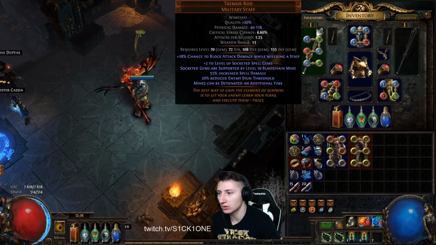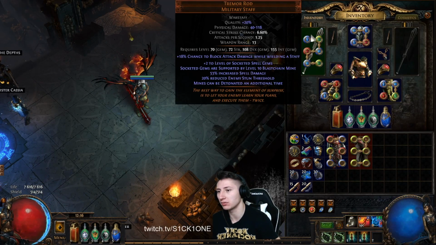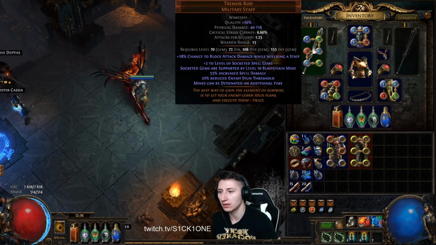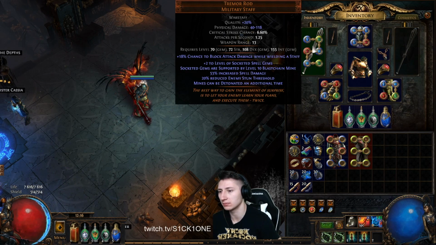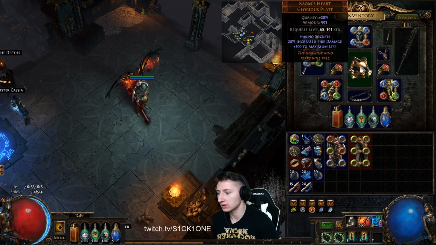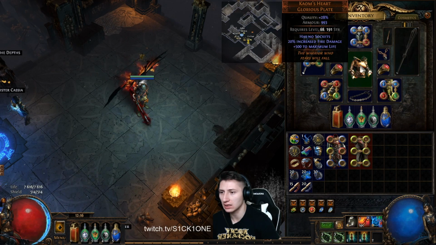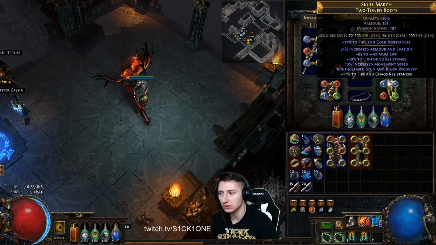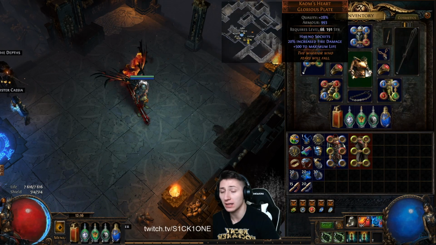Okay, so we have a Tremor. This is the unique. It's not expensive, only in the 6-link version, or if it were double corruption, it would be much more. We also use Kaoms because this is the live version. I wanted to have as much HP as possible, and Kaoms definitely gives the highest value. You could also use some Elder armor combined with Kaoms Roots, which is 200 HP, and I would recommend that,